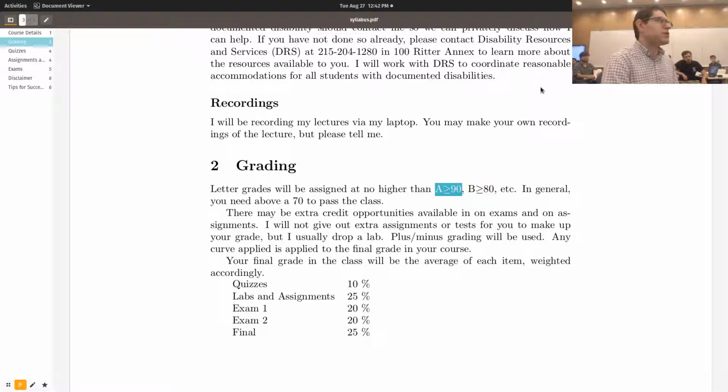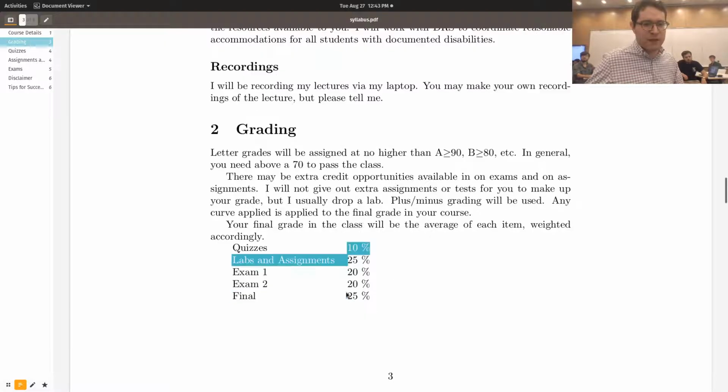So generally, you need above a 70 to pass the class. Some exceptions will be made, but doing all your assignments and quizzes will basically help you create a buffer in case you're worried. Generally, the majority of the class gets A's and B's, and this is true basically throughout the entirety of computer science: a third of the class will have a D, an F, or a W, and most of them will have withdrawn rather than getting a D or an F.